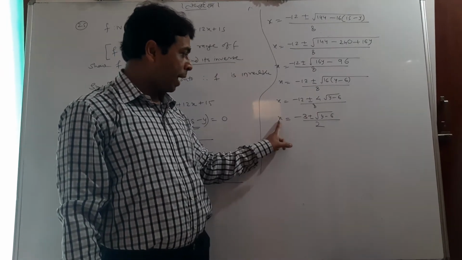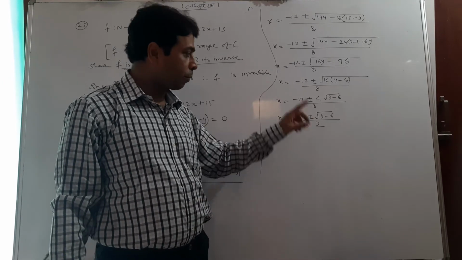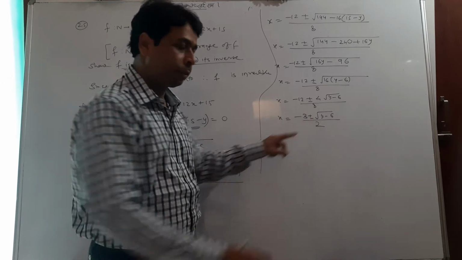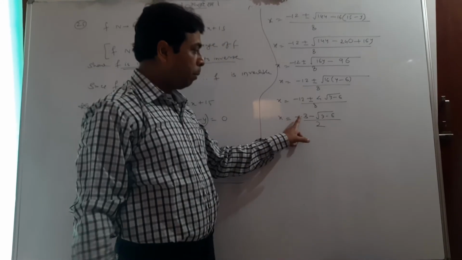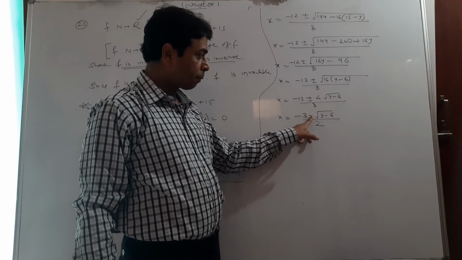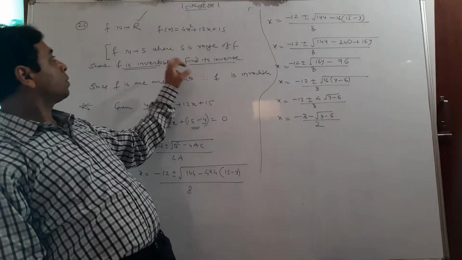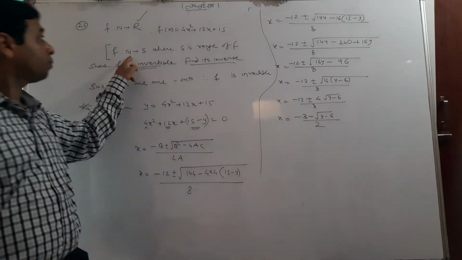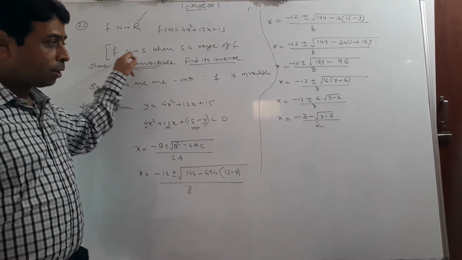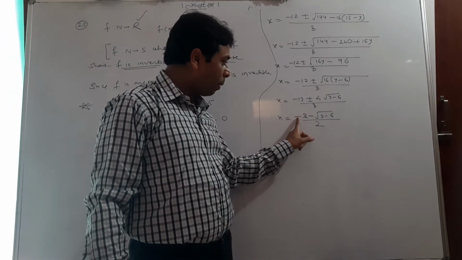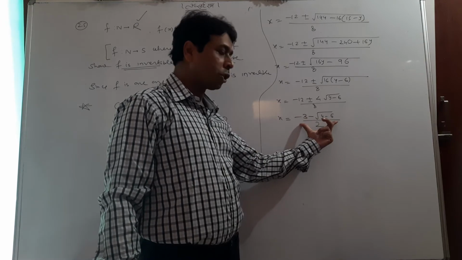Now we have to find x. We already have it, but it has a plus and minus sign. So I would say something. If you choose the minus sign, this will be minus, this will be minus, meaning the whole is minus. But what is x? x is a natural number. So x is a natural number, and with minus and minus coming together, the whole answer will be negative, which is not possible.